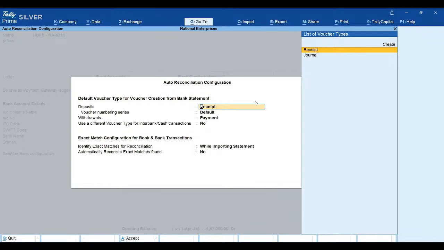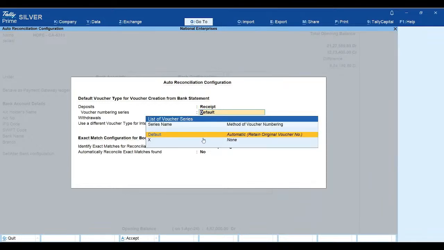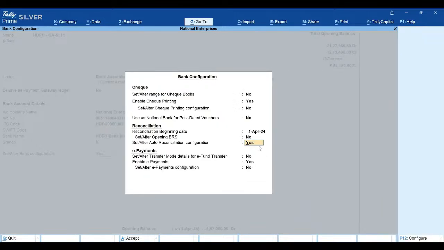If you have any specific voucher numbering series for a particular bank ledger, so let's say you want to keep your voucher series for HDFC Bank for all your receipt transactions as receipt HDFC 001 or something like that, then you can specify the voucher numbering series accordingly. So those kinds of flexibilities are also there. Each bank will have its own separate voucher creation configuration,